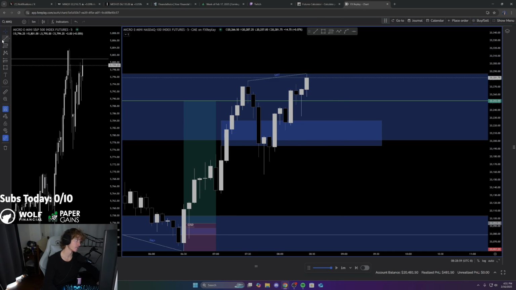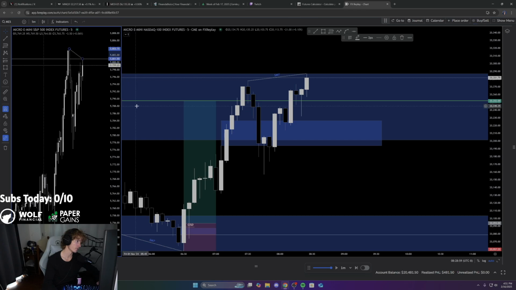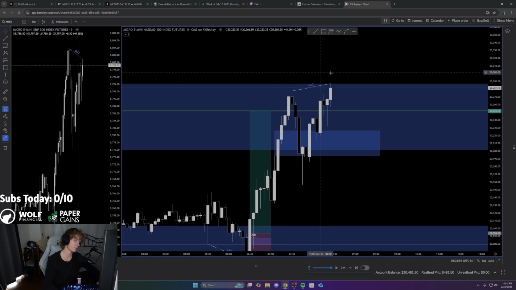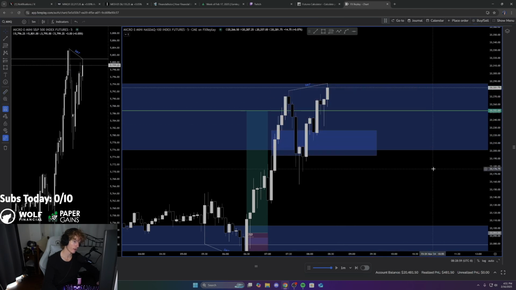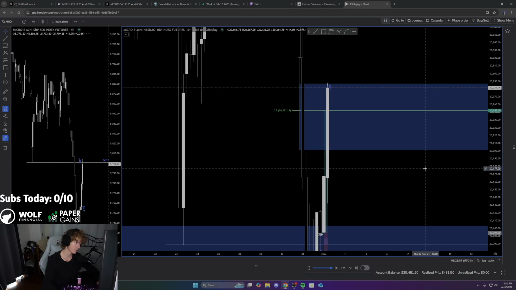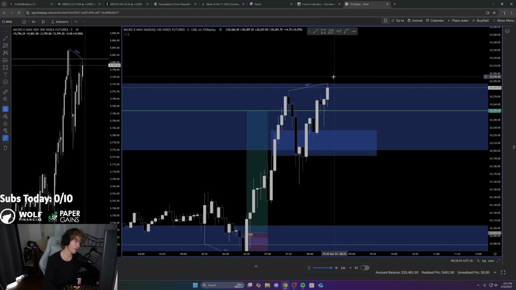It doesn't mean that this is going to sell off here. You have no points of confluence for a sell off. You have 2 points of confluence so far, and one of your points of confluence you don't even know is valid yet. The only real point of confluence that you have is you are trading in a high time frame PD array, an area of the market where we can expect to sell. That is all we have here. Other than that, we have an SMT, but the SMT is not valid yet.